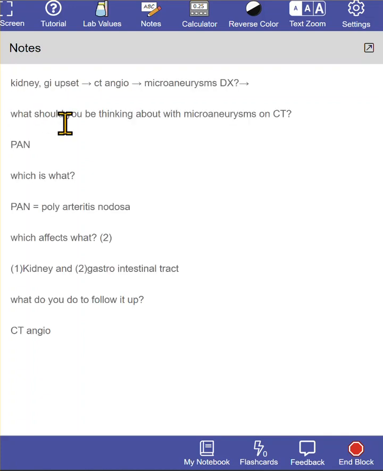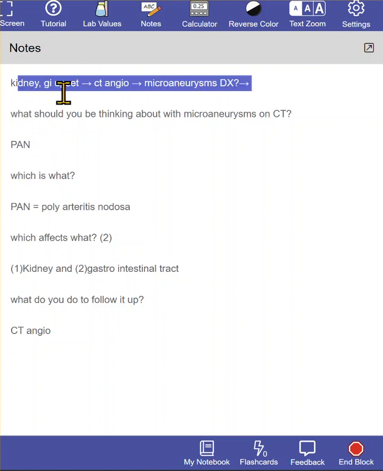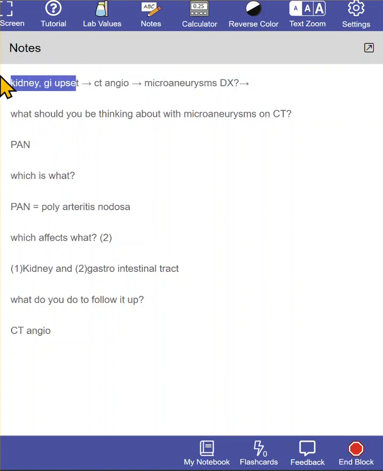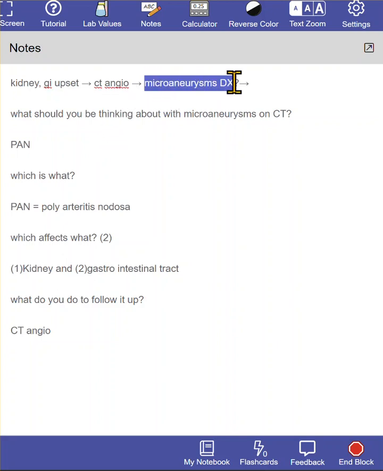Right, and so kidney and GI upset can result. So if you have kidney and GI upset, what should you think about doing? You get a CT angiogram, potentially. That's really vague. That's probably not true. You probably need further description of their symptoms before you get a CT angiogram. But if they seem like a vasculopath, you get a CT angiogram, and then on CT